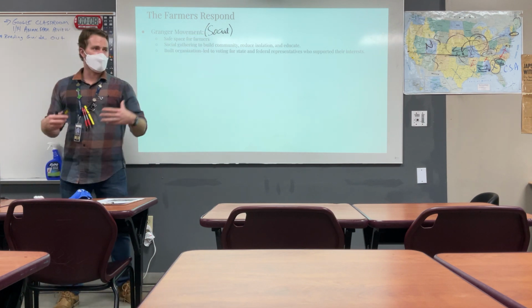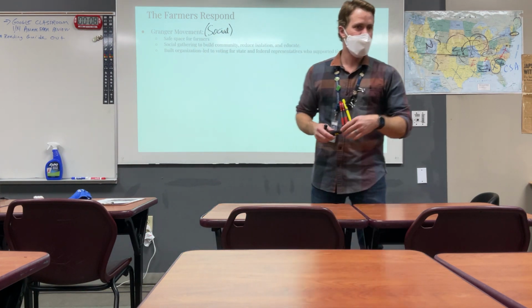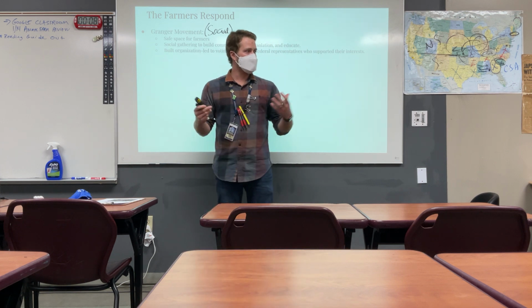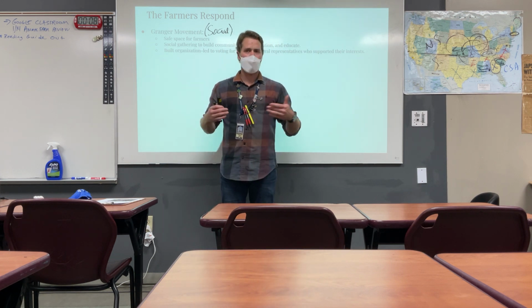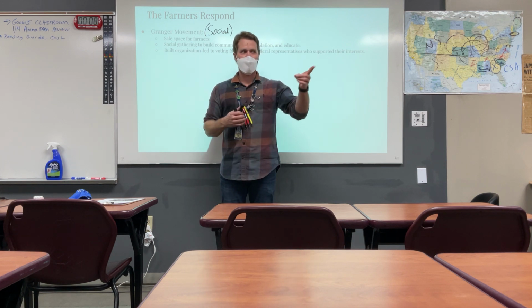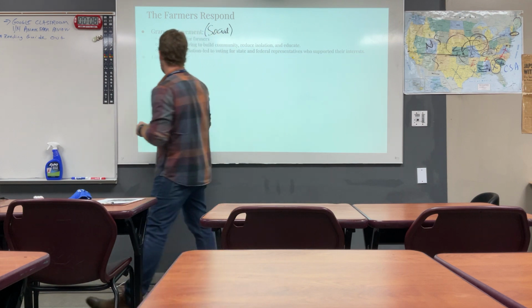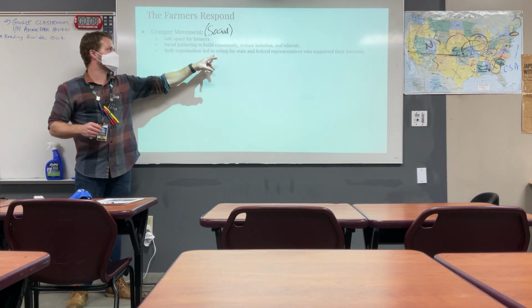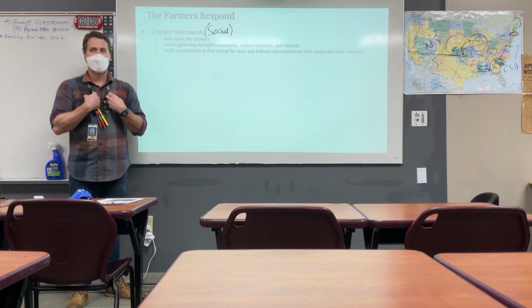So if we all come together in one space, right? And I'm complaining about my problems, and Francine has the same problems, Hannah has the same problems, Caesar has the same problems. All of a sudden, what are we going to start doing? If we realize we all have the same problems? Doing something about it. Yeah. So what we're going to see come out of the Granger movement is organization. We're going to start as farmers voting together for representatives who support our interests.